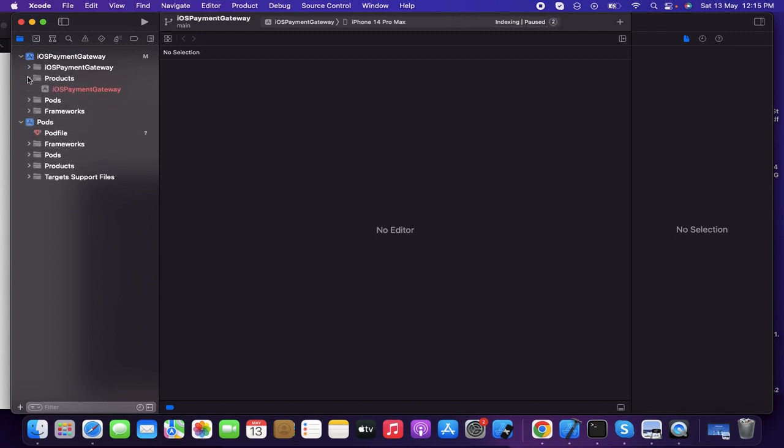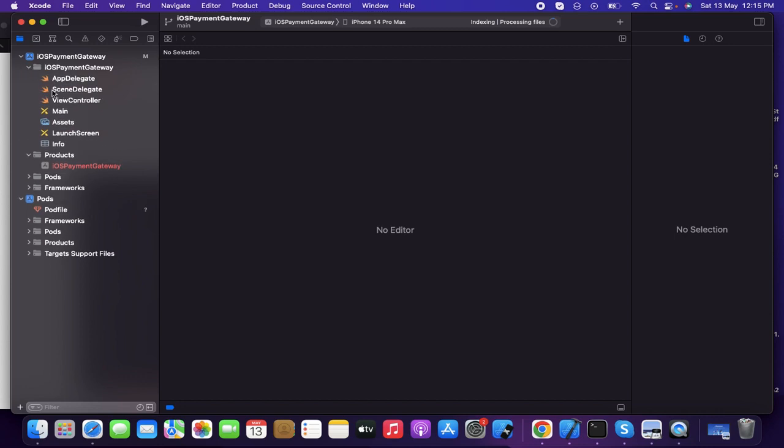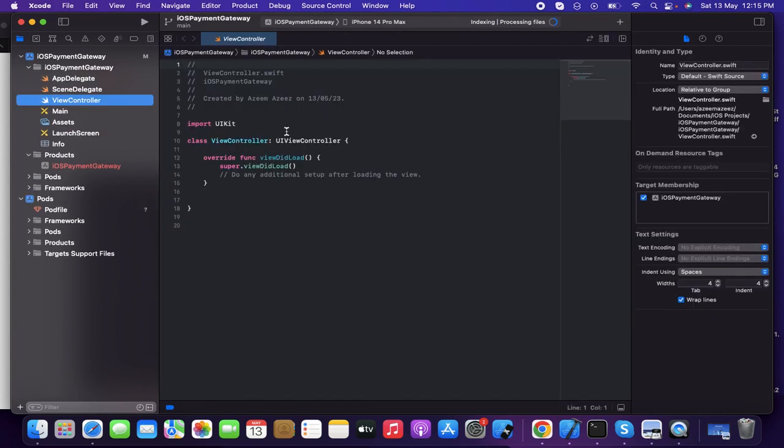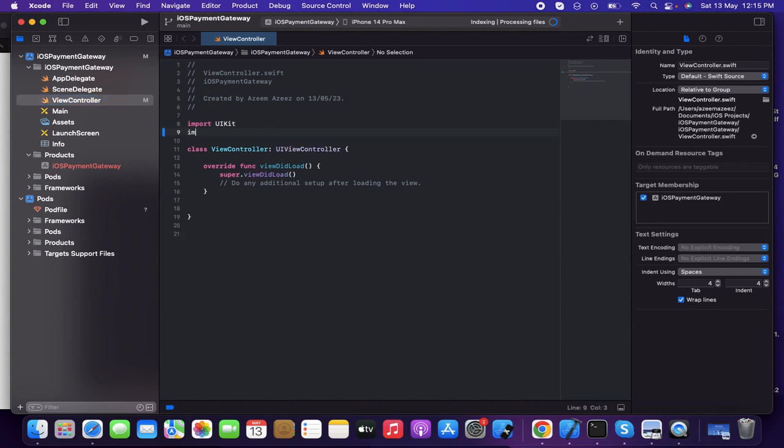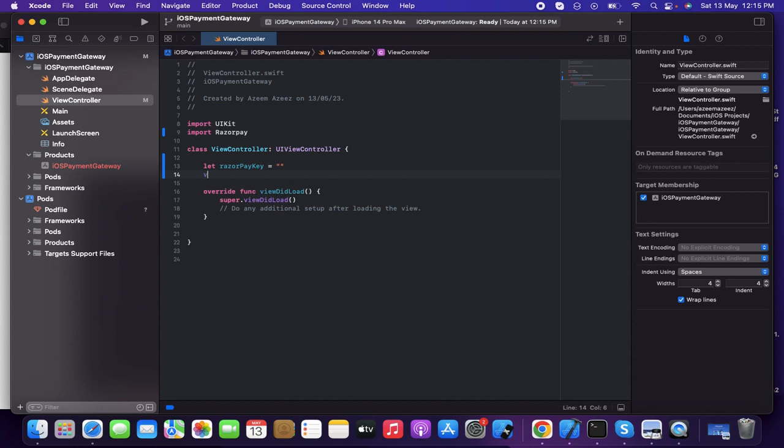All right, and the first thing is I'm going to my view controller. So the first thing I'm going to do is check whether our framework is ready or not. To do that, let's say import Razorpay. Yeah, here it is. And the next thing is I'm going to put a let razorpayKey equal to the Razorpay key. Actually, the key which I'm going to generate, I'll be showing that in a while. Forget this. Let it be an empty string, and next is var